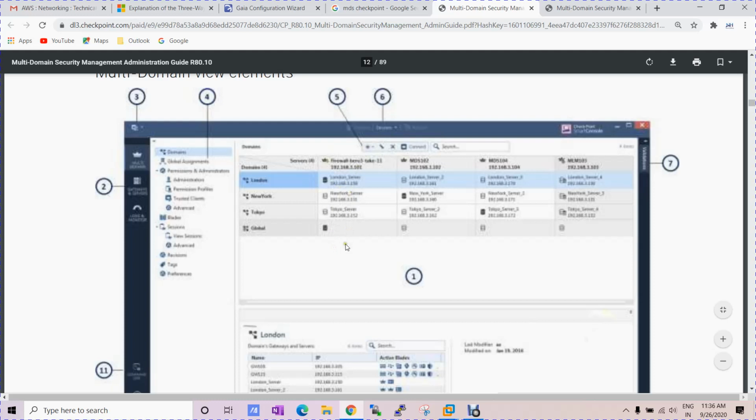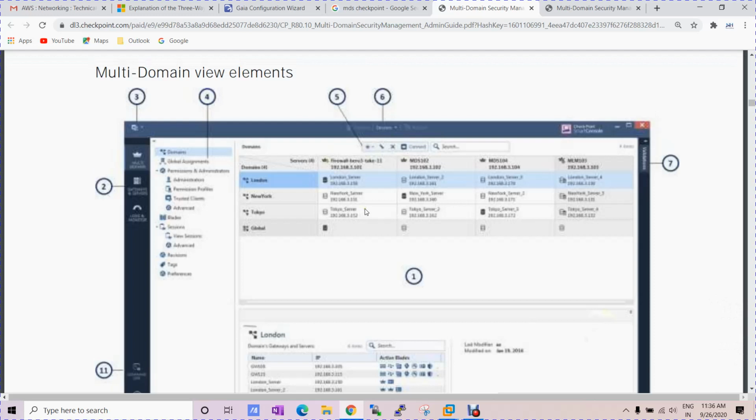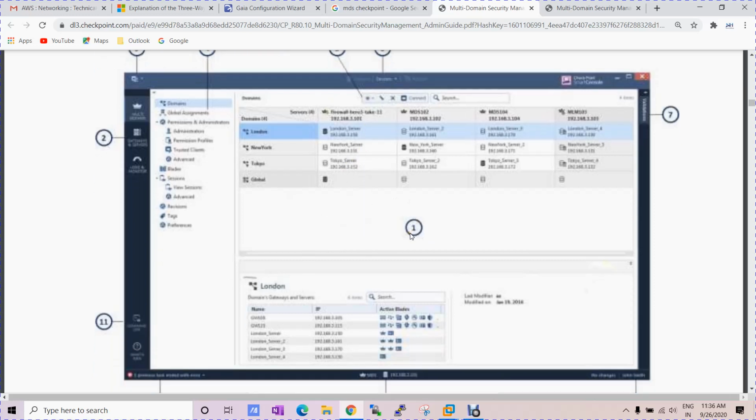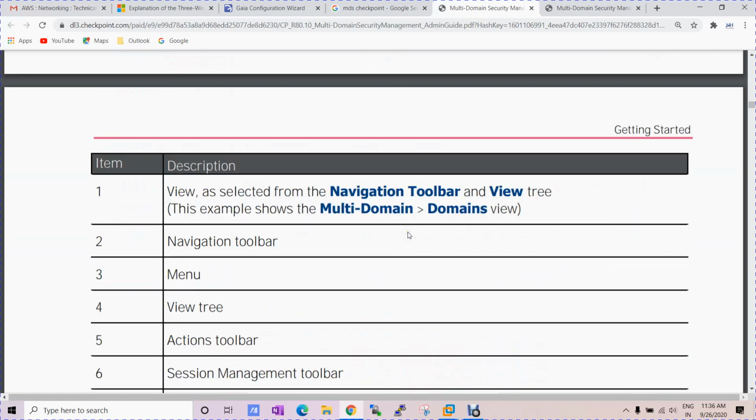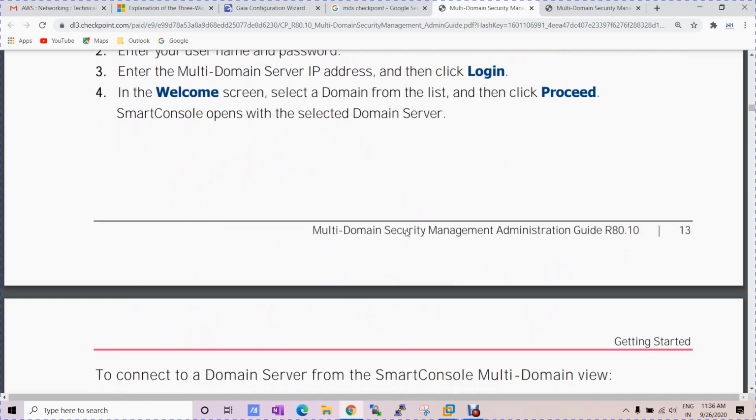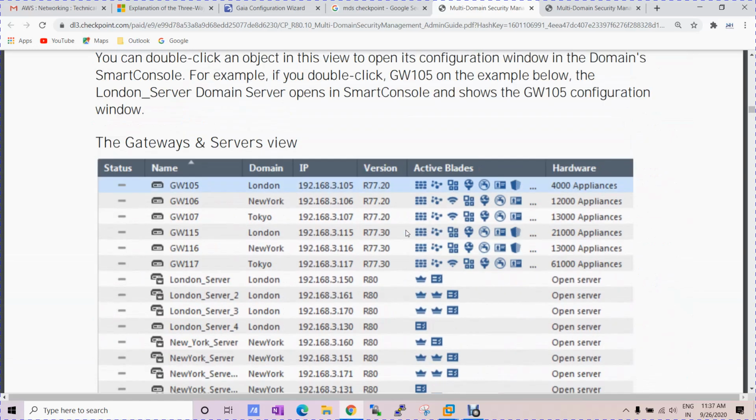You can configure the backup also, and through the CLI you can see the state using the mdsstat command, and for a specific domain you want to start and stop, use mdsstart_customer and mention the IP of that server. I will show you the CLI as well, how we can maintain the MDS using the CLI. There are a lot of options. I will put this page in the description so you can go through it for more understanding.